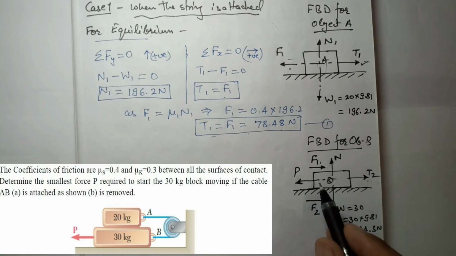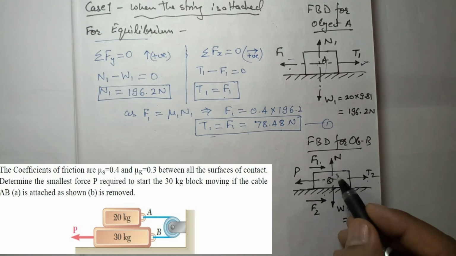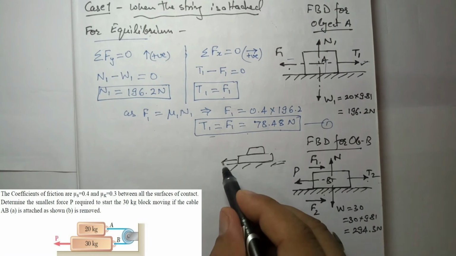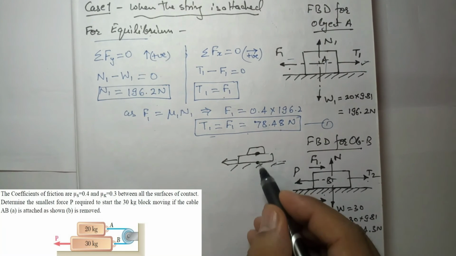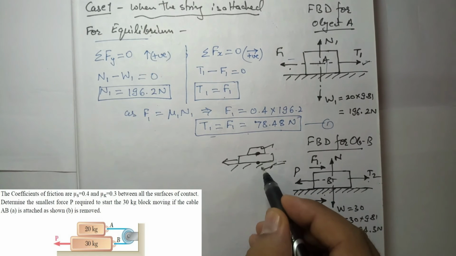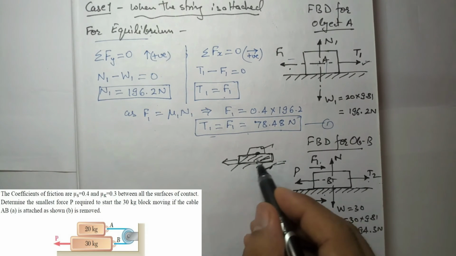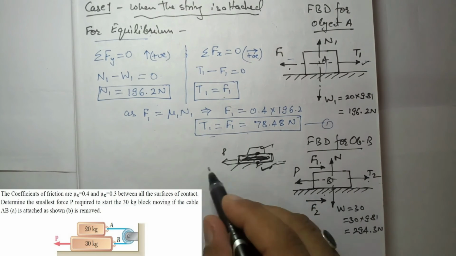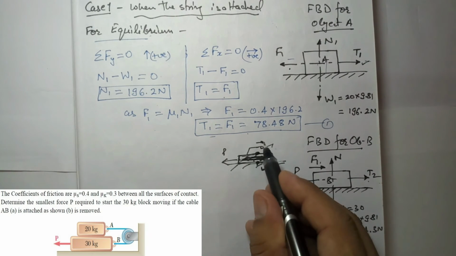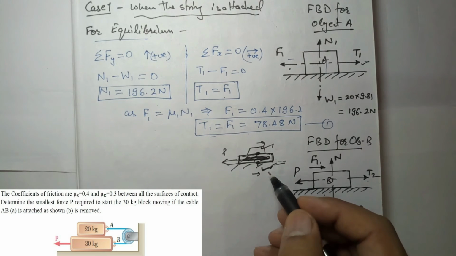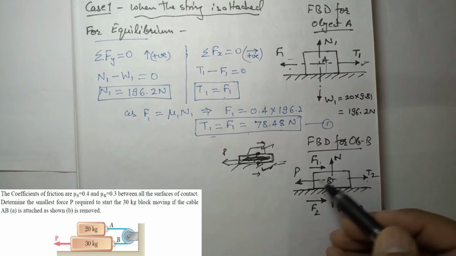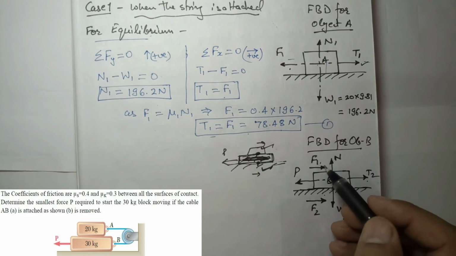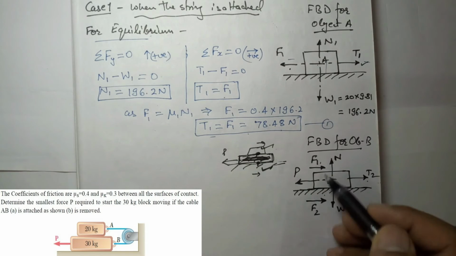But in this case, if you compare it with a practical object, one object is placed over the other and there is another surface, and you want to pull this object, there will be friction between these two surfaces. This object and this ground will try to resist the movement of this object, right, in this area and in this area. If this is the applied force direction, obviously friction will be in the opposite direction, and only then it will be a resistance. Now if we take this resistance F1 in the direction of P force, then this friction would be helping to move the body B, which is not possible. So this friction is also resisting, and that is why we take the direction like this.